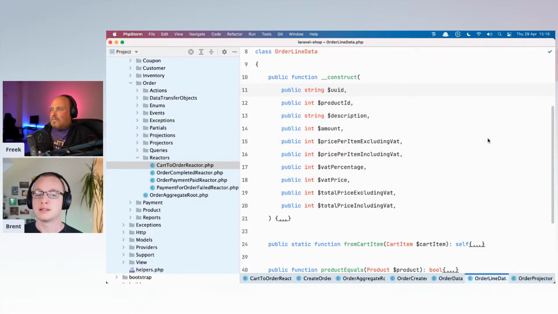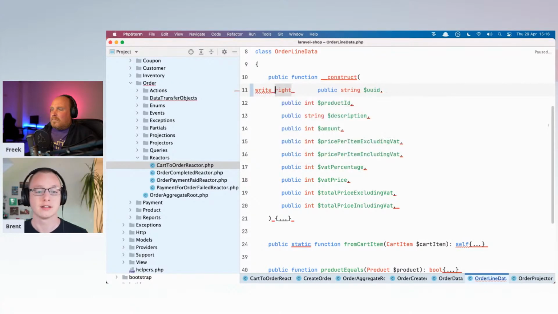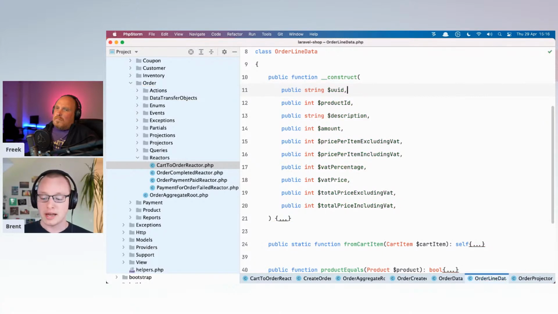Remember that this happens on the write side. Whenever a projection is written, you could send it off to a queue if you want to, if it really starts to become too slow, but you will have to deal with that eventual consistency, that the projection doesn't exist the moment your request finishes, and you need to take that into account.